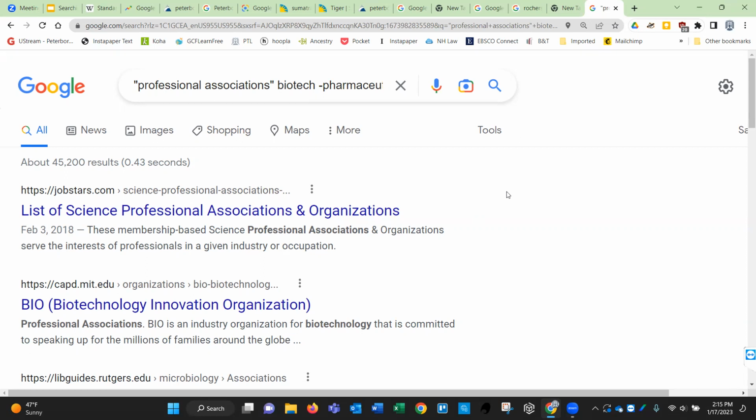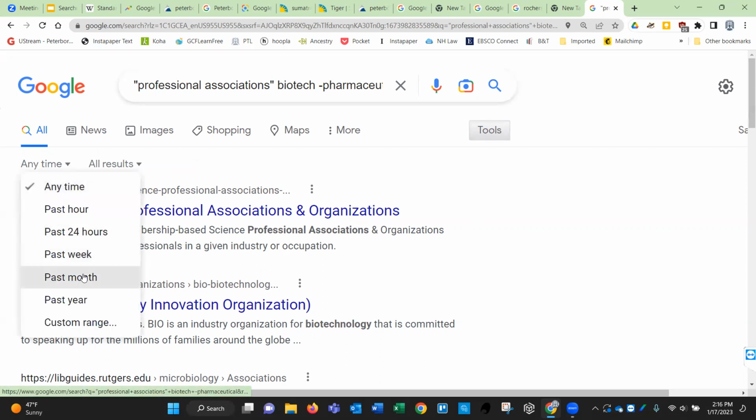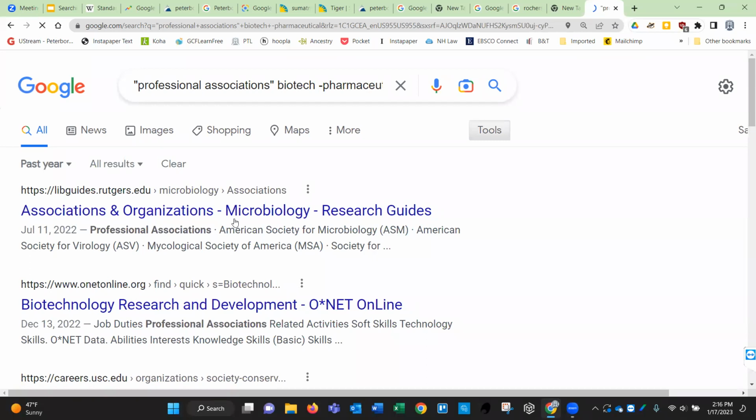And Google will also base it on how many people visit the site. So on the first page, you're more likely to get sites that a lot of people have gone to. And on the last page, you're going to get sites that technically fit your search terminology, but Google doesn't think are very useful. So one thing that you could use is, if you click on tools, anytime, you can basically say, any biotech association that doesn't have anything written about them in the last year, I don't want to be a part of. So it will only give you results from the last year.